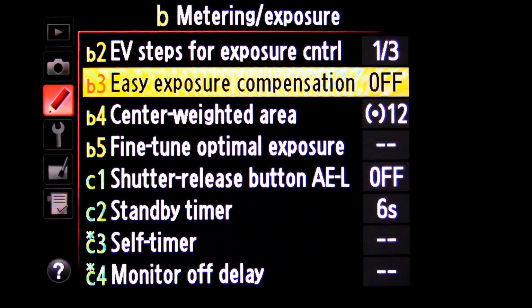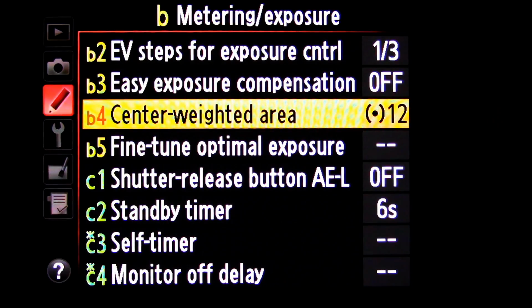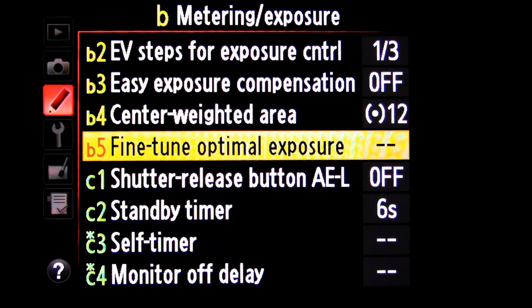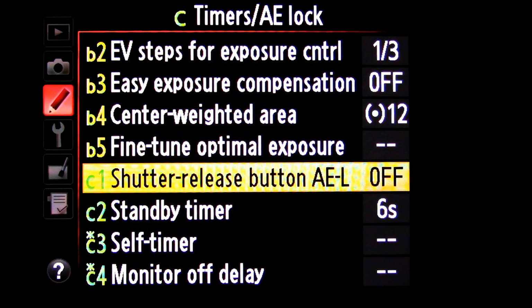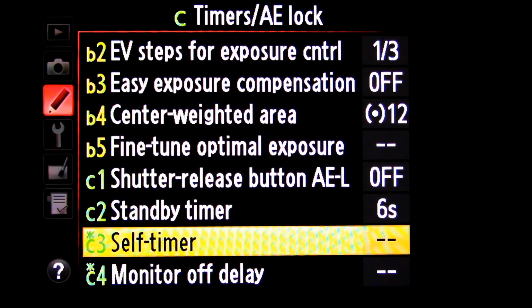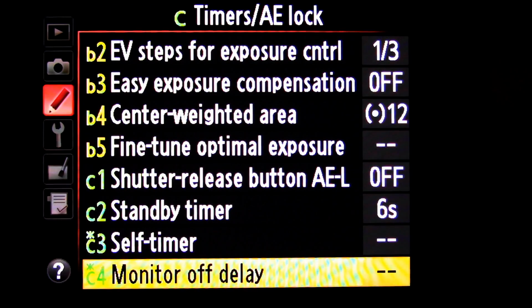ISO sensitivity step value, I keep that at a third. EV steps at a third. Easy exposure compensation off. Center weighted area 12, so it's relatively low. I don't mess with fine tuning the optimal exposure. Shutter release button AL off. Standby timer 6 seconds. Self timer currently don't have set, but it would be 2 seconds depending on what I'm